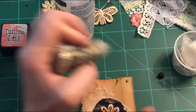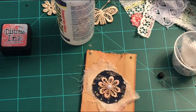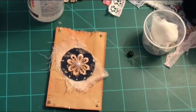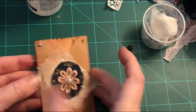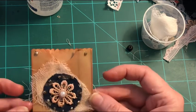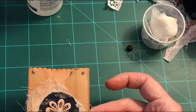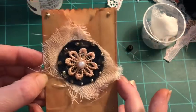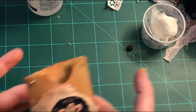Okay. All right. I have stickled this thing to no end. Apologize, guys. All right. So here we have a sack. You might want to obviously let this dry, and you may have to go in and glue a few things down. But there I go again, sticking my finger in it. All right. Anyway, here we go. We have a craft sack where you've used up some lace and a little bit of extra cheesecloth that we had. This would be